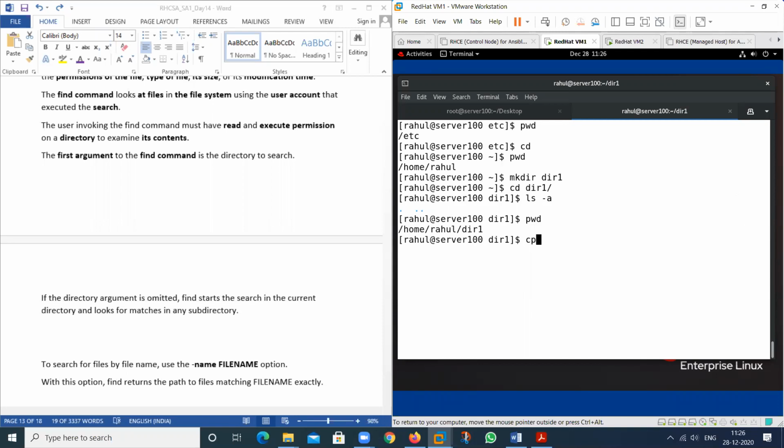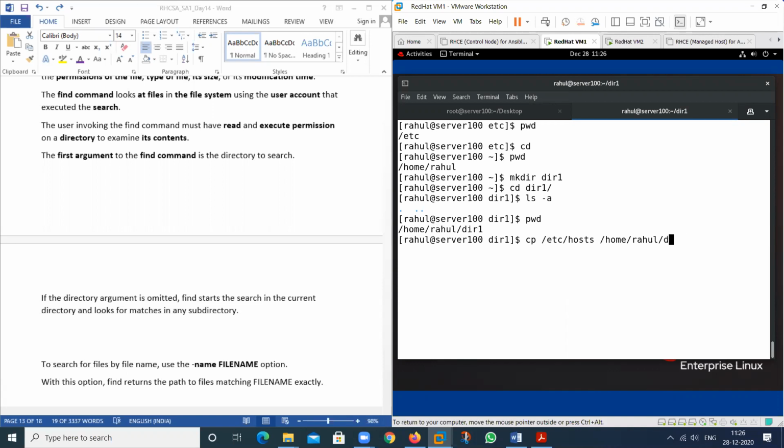See, if I'm using the cp command and from /etc I want to copy my hosts file, and into which directory? This particular directory. So you need to type this full path. So this particular file can be copied into home, Rahul, dir1.